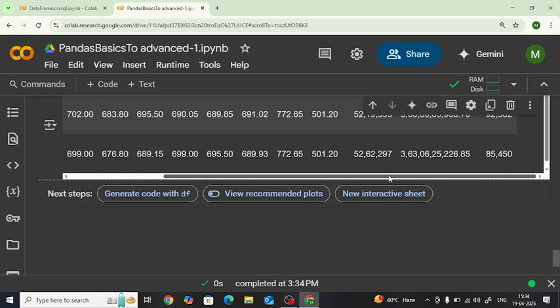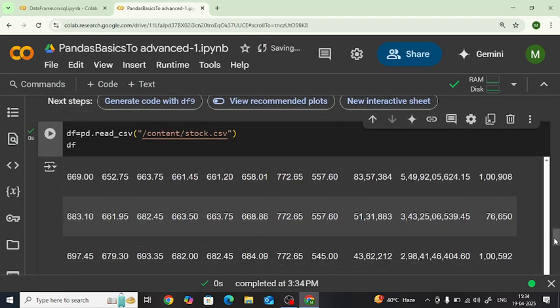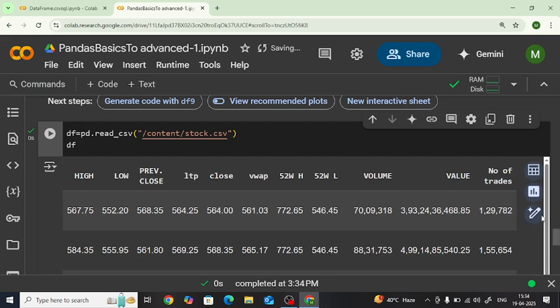We can scroll like this. It's big data that you can see here, but we are not able to see all of it. It has a head, and you can also see high, low, and previous close. This is the stock price data from some organizations, and it has been given the 52-week low and this price, and this data has been represented like a